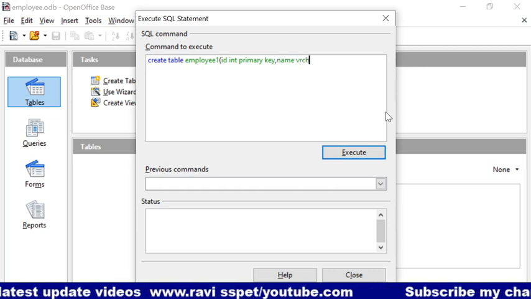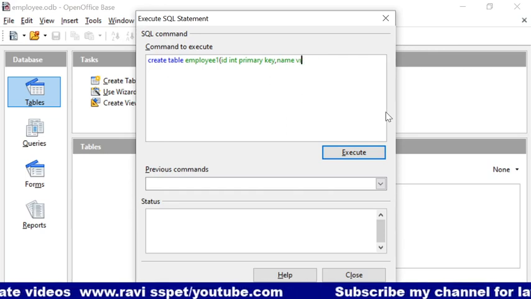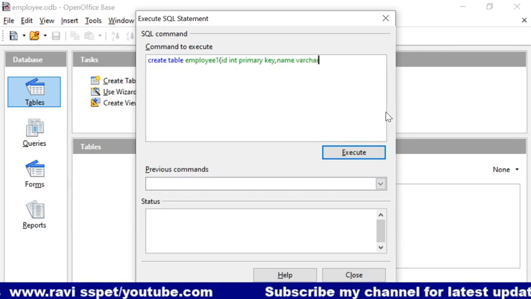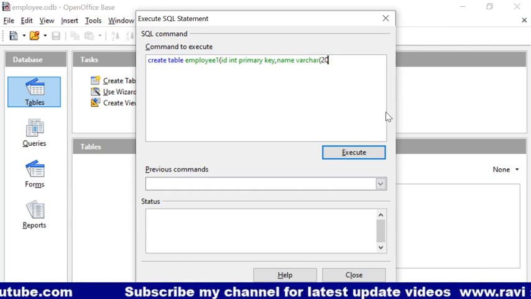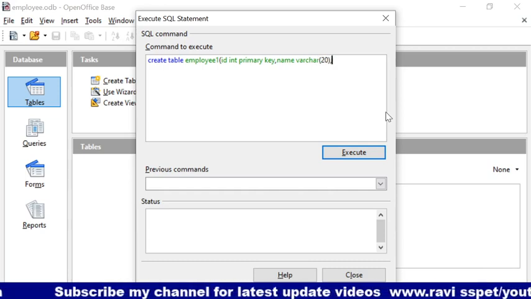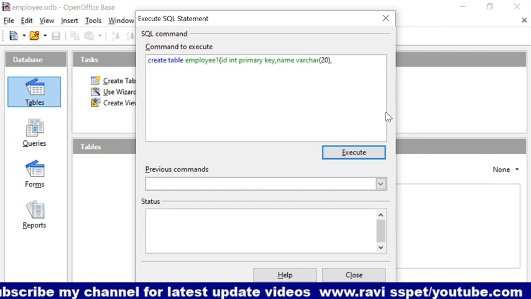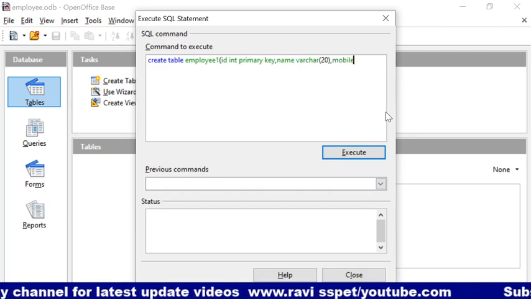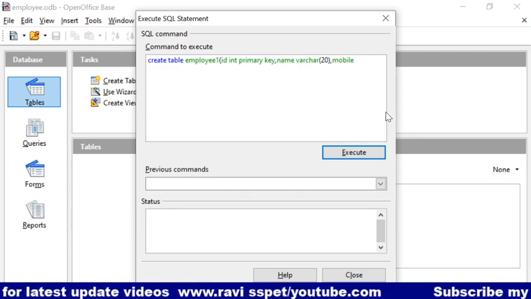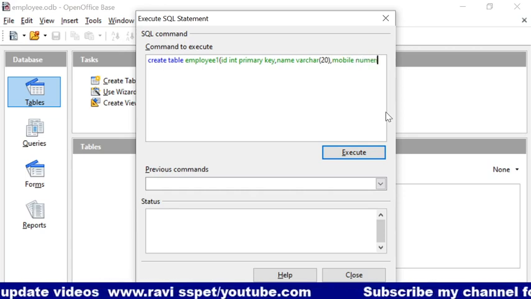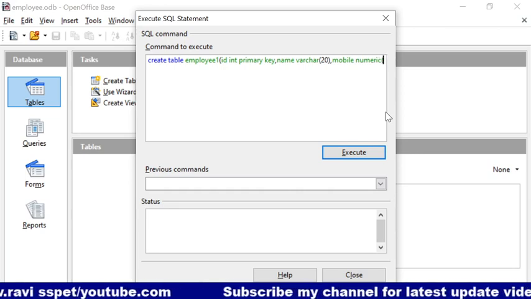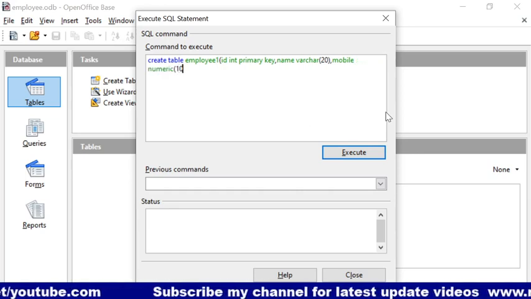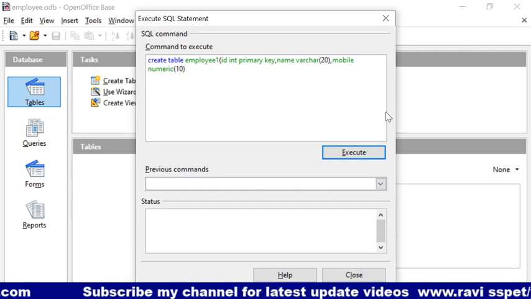And for name I am giving the data type varchar, and the characters for the name I am giving maximum limit 20. That means up to 20 characters I can give for the employee name. After that, mobile. For mobile I am giving numeric data type. I am giving mobile means only 10 digits will be there, and semicolon.